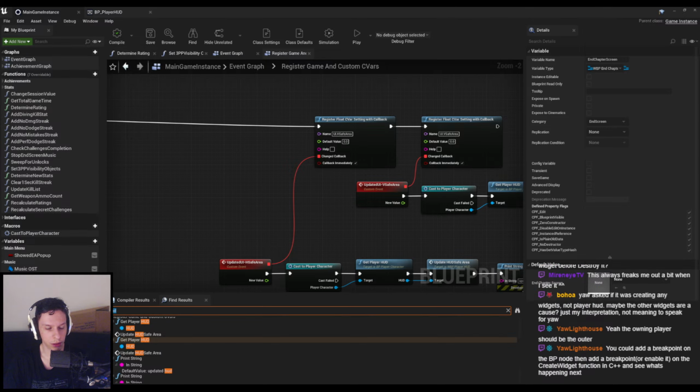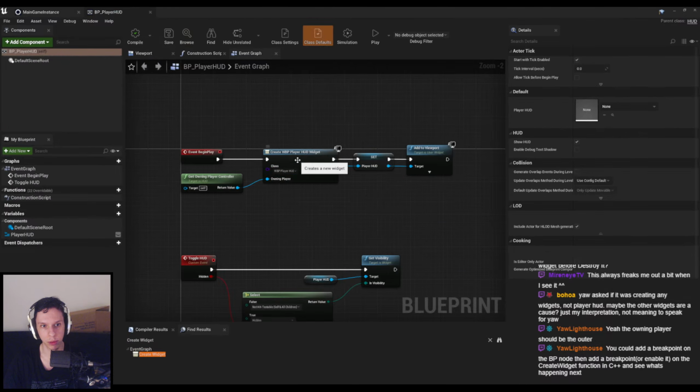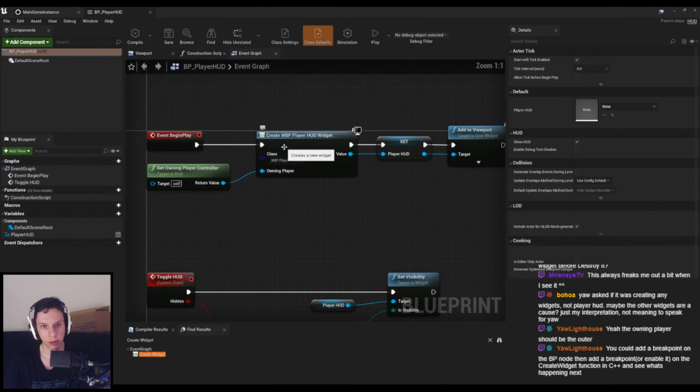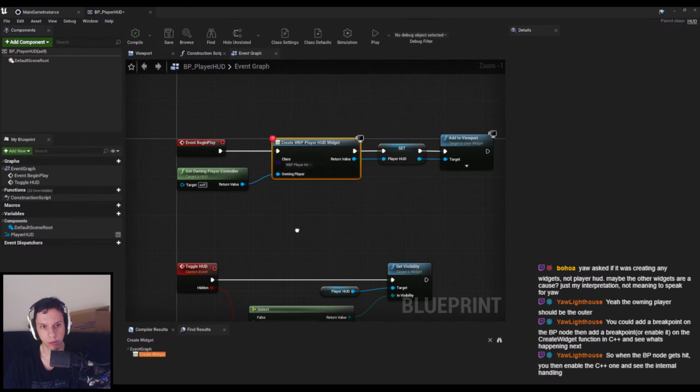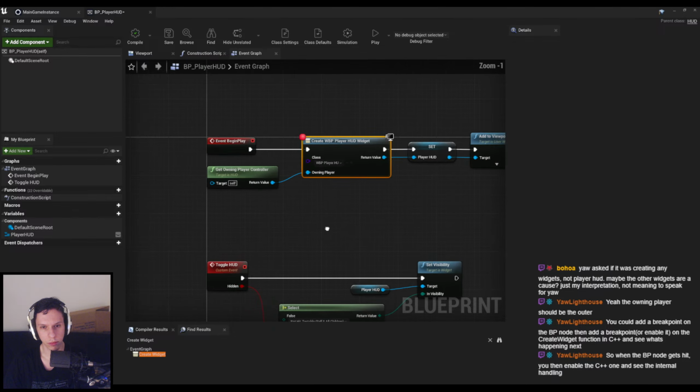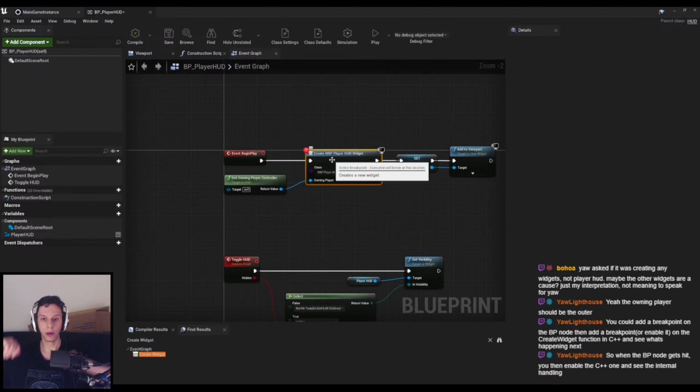Let's see. You could add a breakpoint on the blueprint node, then add a breakpoint or enable it on the create widget function in C++ and see what's happening next. Yeah, that could be a good idea. Add a breakpoint here. I think the thing is,